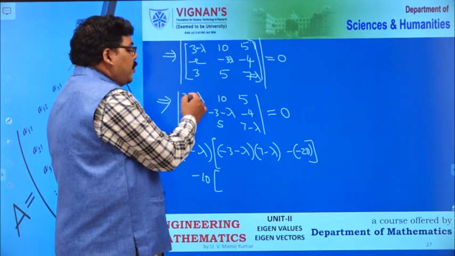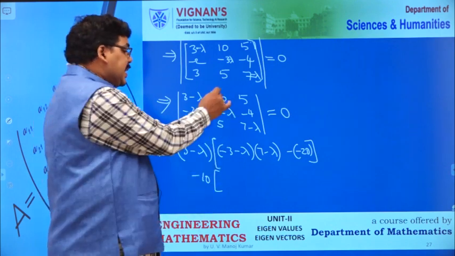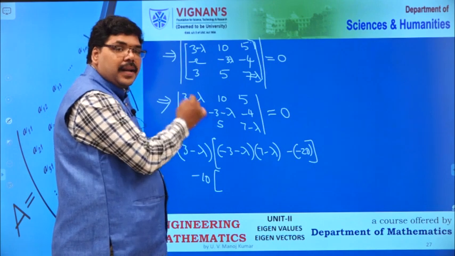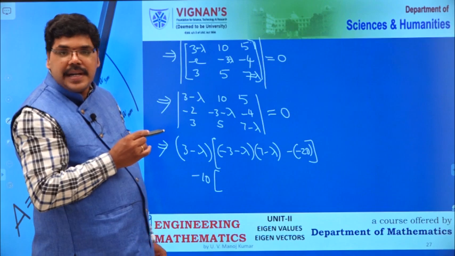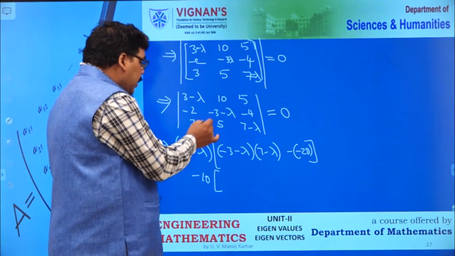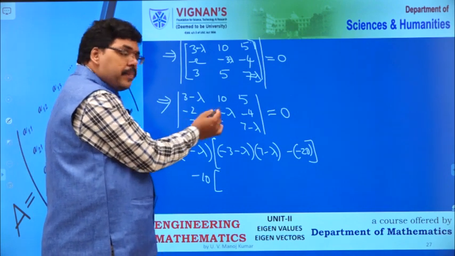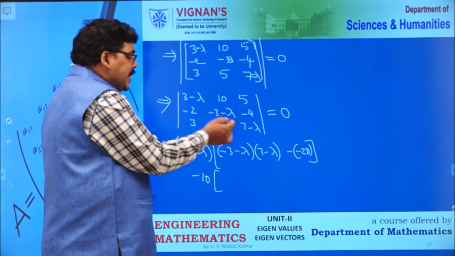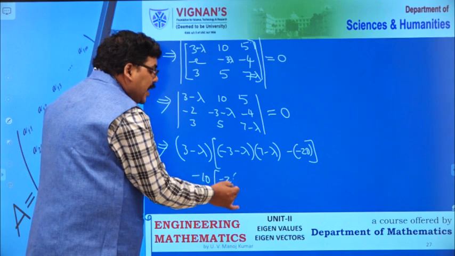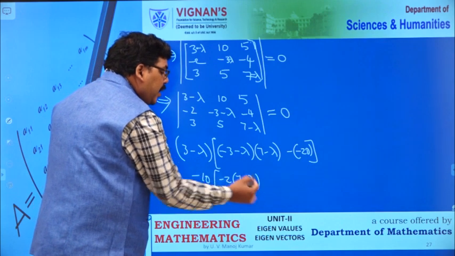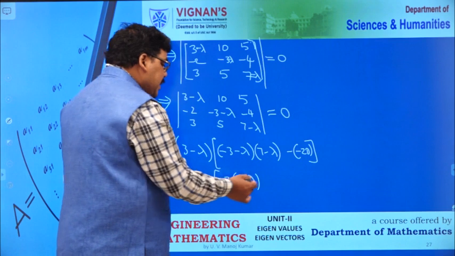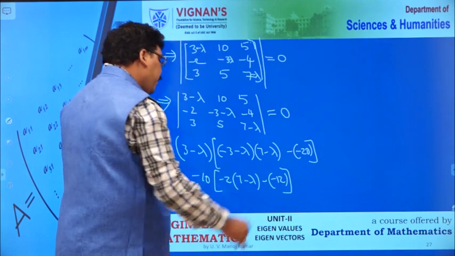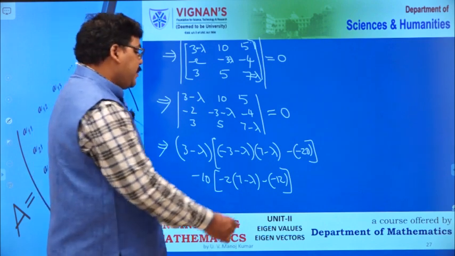So remove first row and second column. When you remove first row and second column, the remaining submatrix is minus 2, 3, minus 4, 7 minus lambda. So its determinant will be minus 2 into 7 minus lambda, minus 4 into 3, minus 12, plus